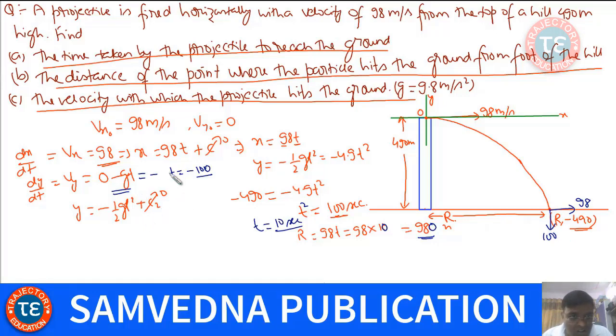So the net velocity would be, sorry, g is not 10, g is 9.8. So 98 on this side. So the net velocity would be the square root of 98 square plus 98 square, which is 98 root 2 meter per second. Okay. So that's the velocity with which the body is going to hit the ground. Okay. And this angle will be